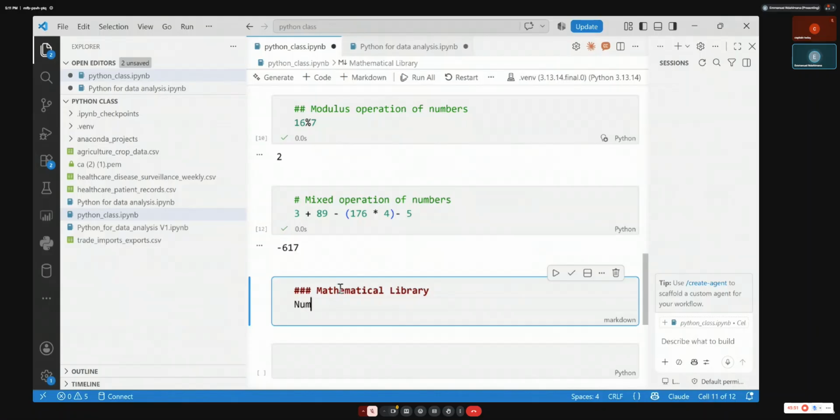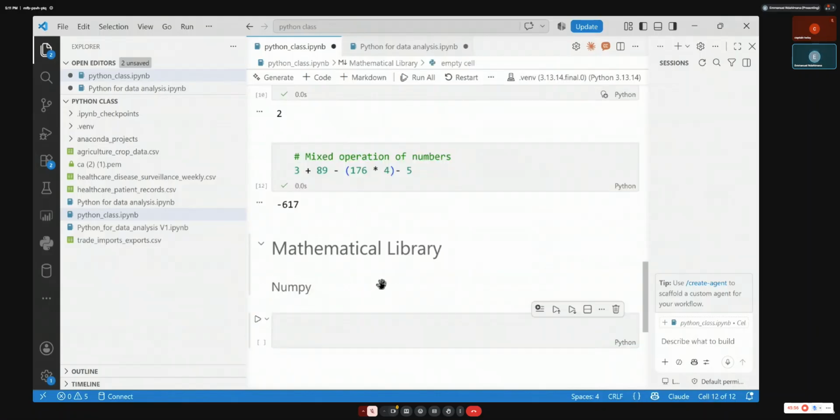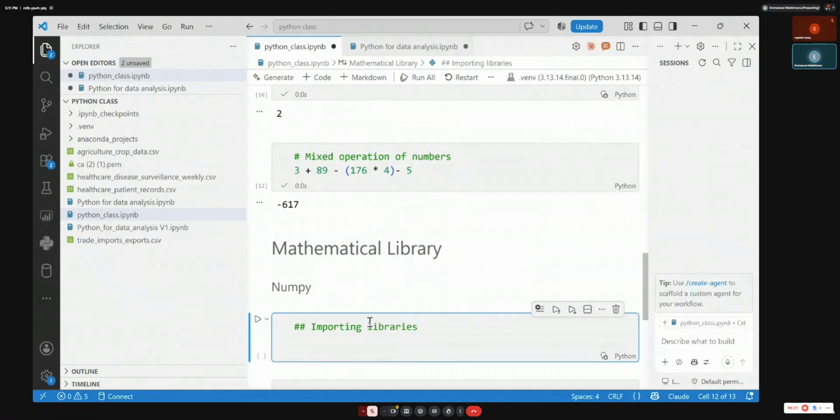NumPy. It is called NumPy. This is one of the giant, widely known libraries for mathematical operations like trigonometry, logarithmic functions, matrices, probability. Whatever mathematical function you want to do, use NumPy. Let me just put a comment. This is called importing a library. This is how you import a library in Python. You start by saying